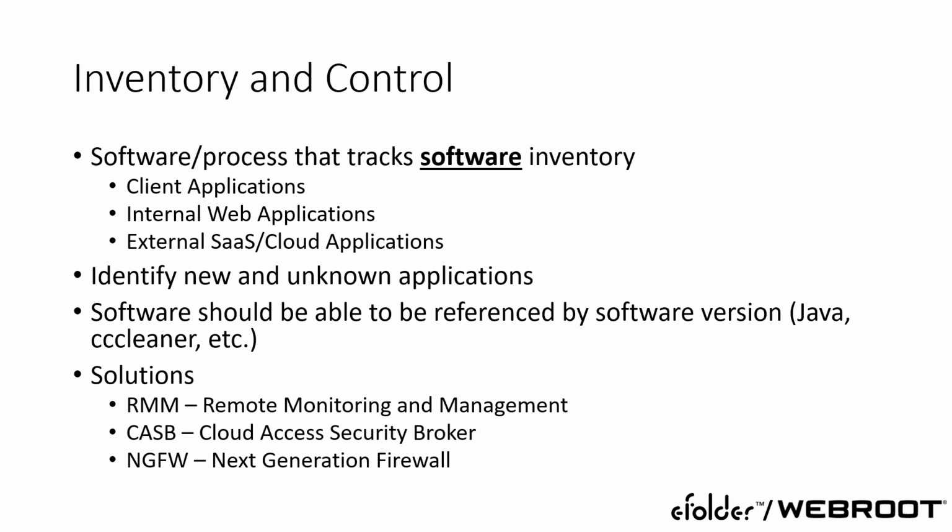You need to be able to identify new and unknown applications. So if you have rogue malware in your environment, something that hasn't been seen yet by your antivirus vendor, you want to know where it is and what machines it's on, and what machines you need to disconnect or what machines need to be whitelisted and those application processes stopped. So you need to understand what exists, and that's one of the good reasons for inventory. So this can be an offering that you build on top